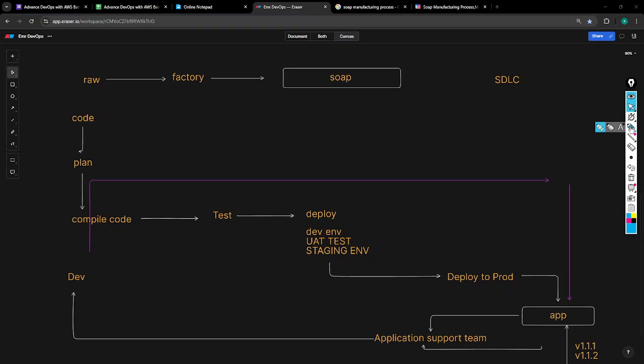Now how is DevOps going to be continuous? Code, plan, compile, test, deploy without a manual approval or manual intervention. You can directly deploy into production. That is DevOps, in a software development lifecycle, in a short period.